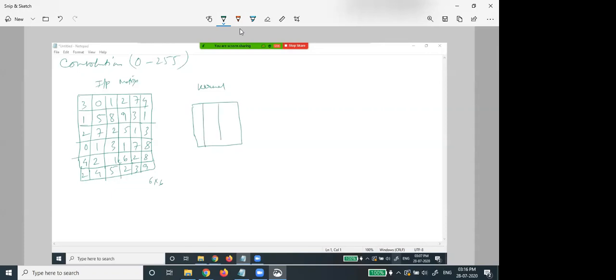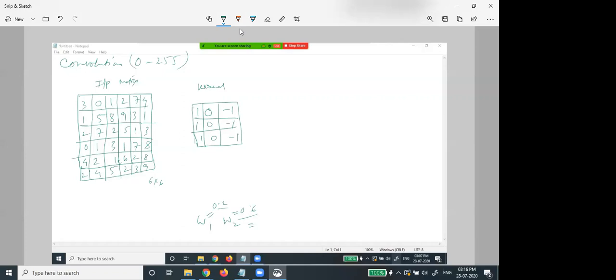So I am just giving one small example, like 1 0 minus 1, 1 0 minus 1, 1 0 minus 1. This is the initial value. Yesterday I told you we took W1, W2 with initial values like 0.2 and 0.6. Today we are taking some initial value, say 1 0 minus 1.